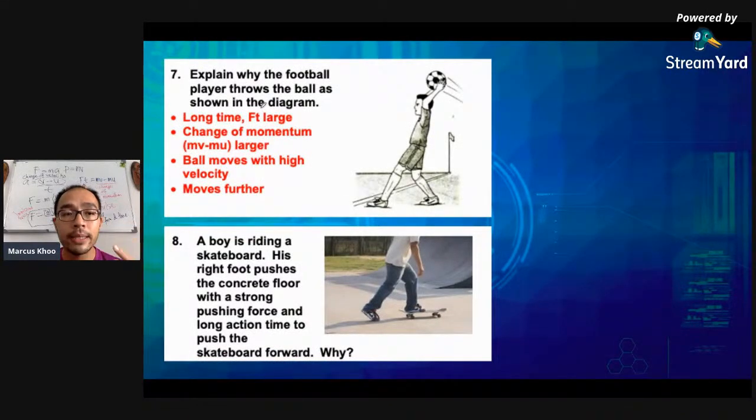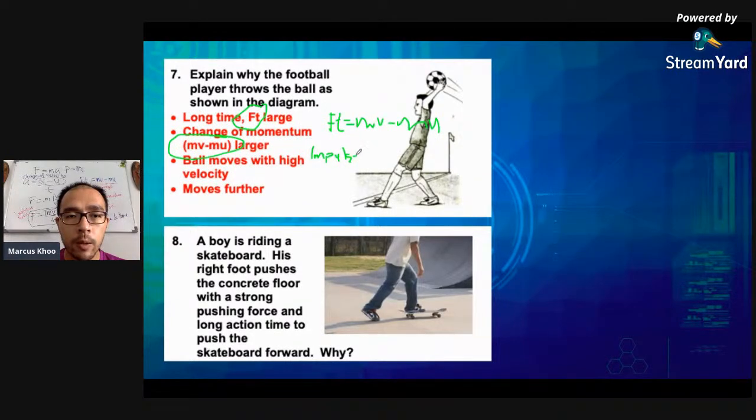So remember, impulse has two formulas. One is the force times the time, and secondly is mv minus mu. Some books will write it like this: ft equals mv minus mu, and then they say that this is the formula. I find that this is a little bit, not to say erroneous. It's not erroneous, dia tidak salah, cuma it's very misleading. I would prefer that you write it like this: impulse